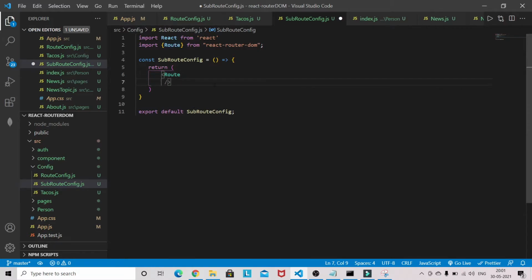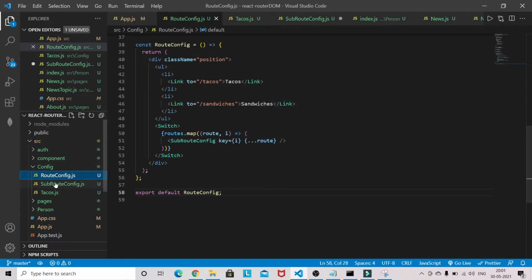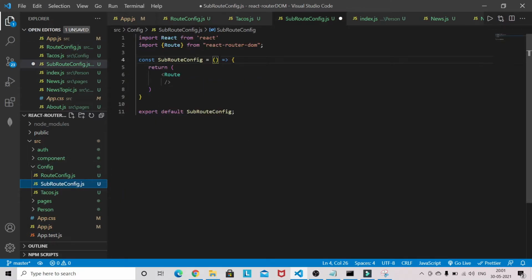This is receiving some props from here, so we are going to use these props here. We can destructure the props like path this way, and routes.